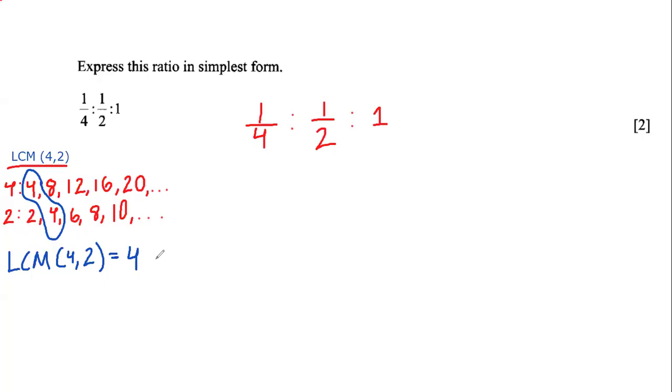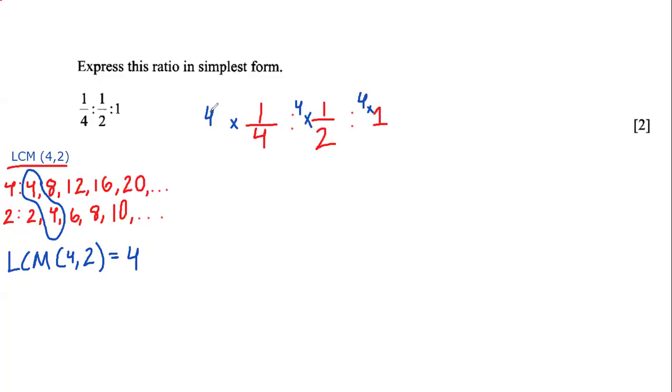Now, since I know the LCM is 4, I'm just going to multiply by 4 everything, right? So I'm going to multiply this by 4, and I'm going to multiply this by 4, and I'm going to multiply this by 4. Okay? And when I multiply each term by 4,